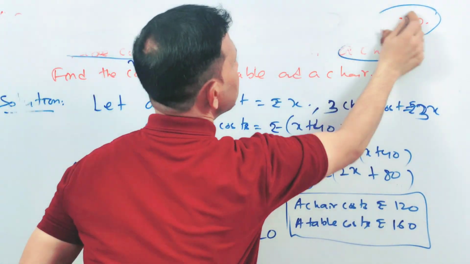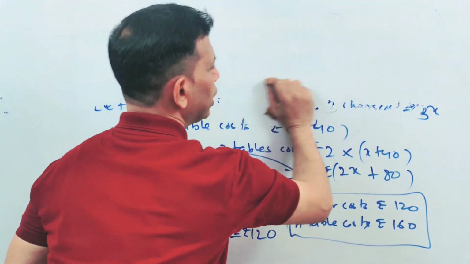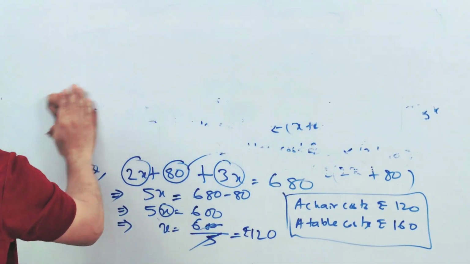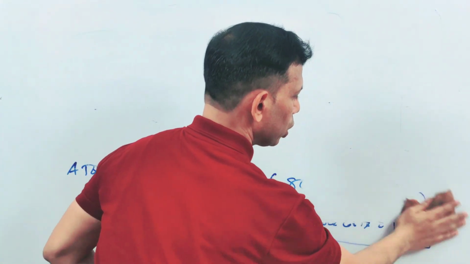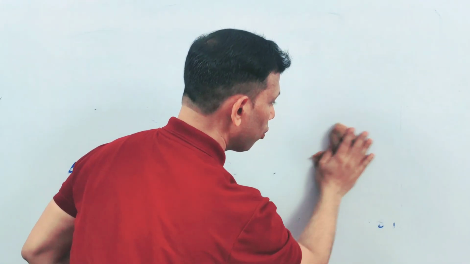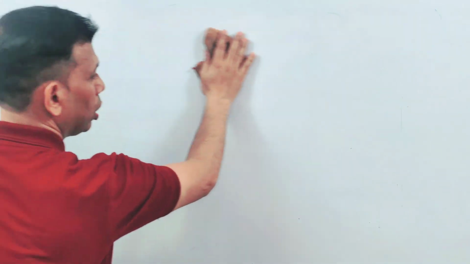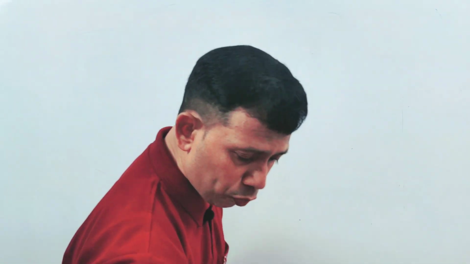So that question is again a most commonly asked question, that is the age problem. Normally the problem or the sum will be about the age of father and son. The question may be about the age of two friends, mother and daughter, father and daughter maybe, or A, B might have been given also. So here my question is,